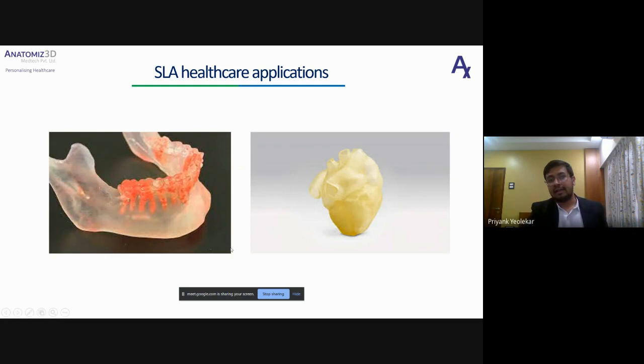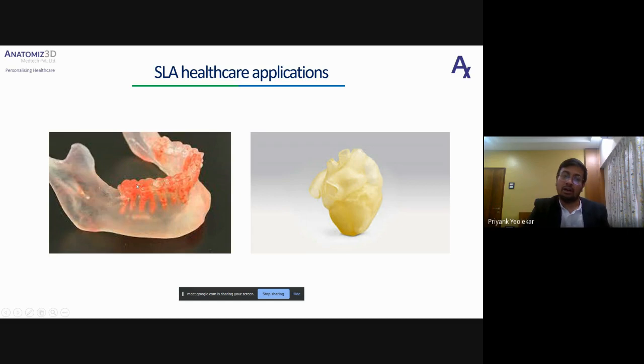So how is SLA used in healthcare applications? As I have shown two images here, these are not the only two ways the SLA can be used, but just to tell you about this, this is a model of a mandible printed with a transparent resin. And as you can see, the teeth and the roots of the teeth are printed in a different color.